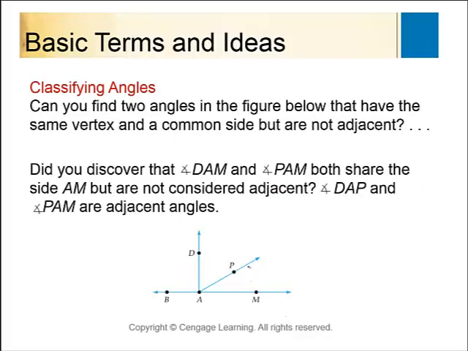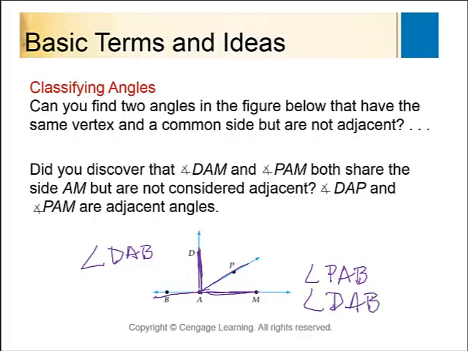So let's look at an angle here. I've got an angle here, and I've got an angle here. So let's look at angle DAB and angle PAM. They are not adjacent because they do not share a common side. If I looked at angle DAM